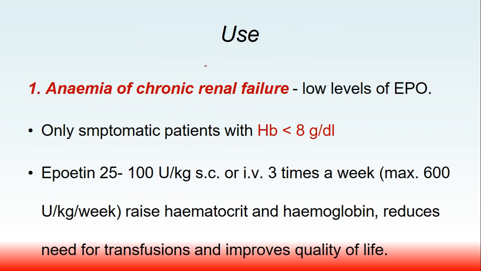So what are the uses of erythropoietin? It is mainly indicated in anemia of chronic renal failure, where there will be low levels of erythropoietin. It should be administered only in symptomatic patients with Hb levels less than or equal to 8 gram per dL. Here erythropoietin 25 to 100 unit per kg subcutaneously or intravenously 3 times a week is given to raise the hematocrit as well as hemoglobin, and it will reduce the need for transfusion as well as improve